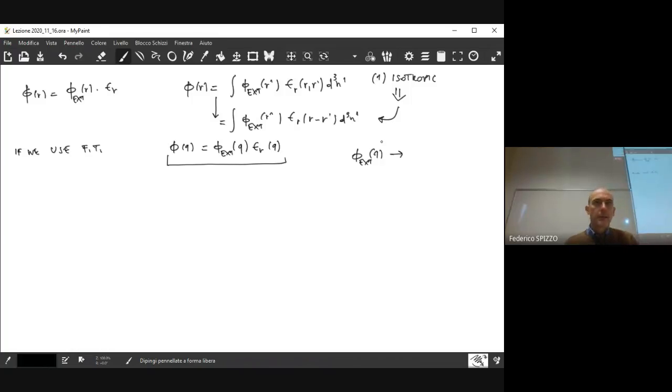is due to the fact that we have an external charge. This external charge may not always be a point charge. So we may have an external charge density distribution that produces the external potential. So we have a charge density, the external charge density, related to this potential. Due to the same motivation, we have that the actual potential is related to the actual charge density into